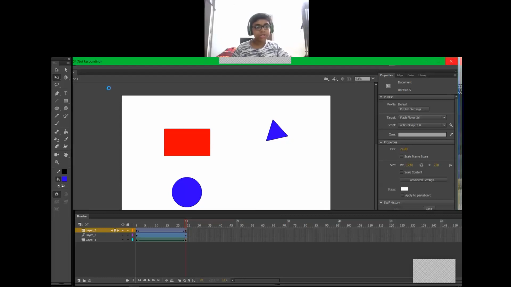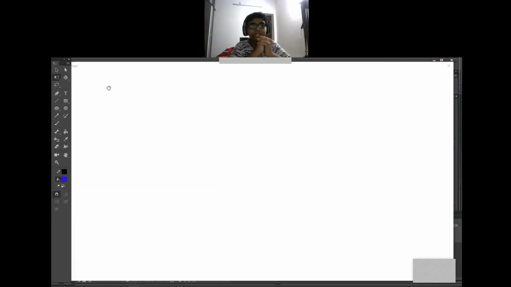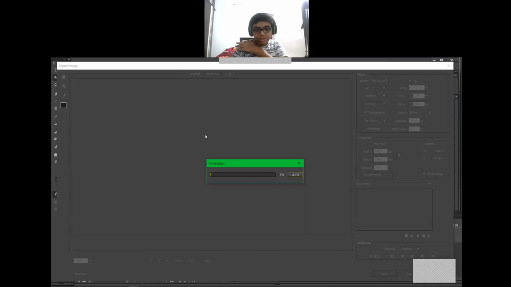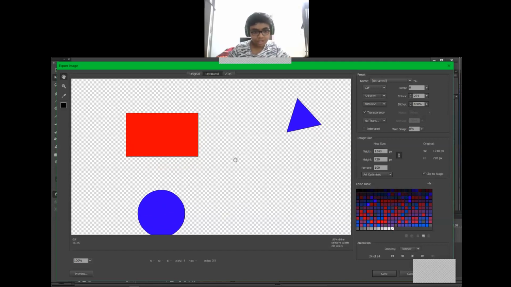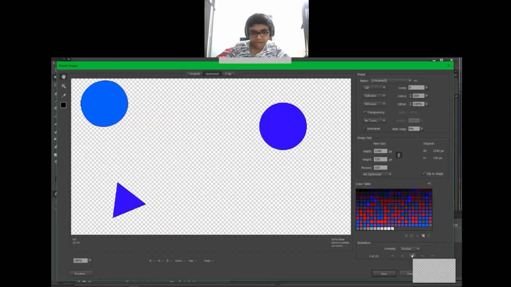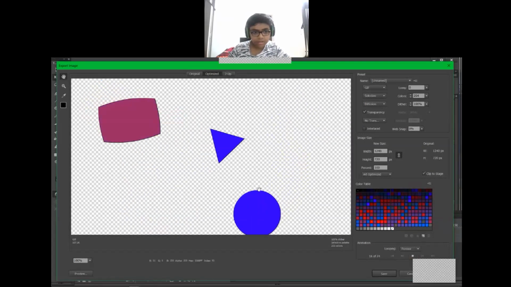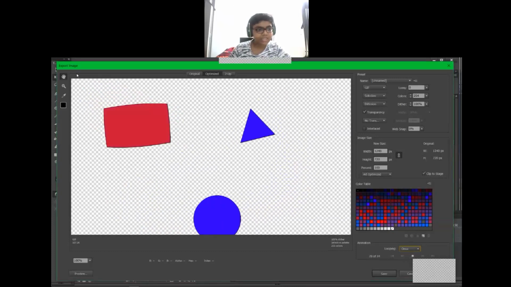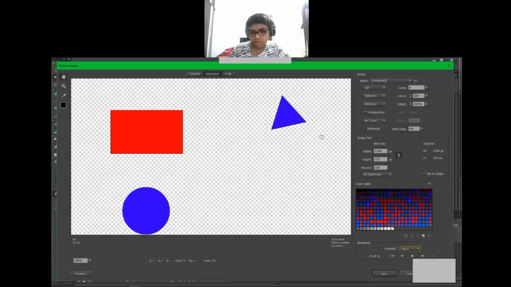Now it will load. It tells here how heavy the file is. When it is a heavy file, it will take some time, but this is lighter, so it will be done in 1 second. Now I will play this from here, the triangle shape, and you loop it once like this. Then you use anything, click on save.